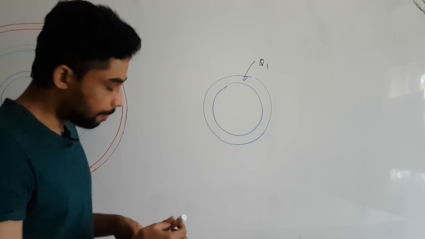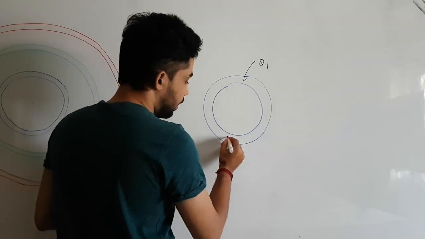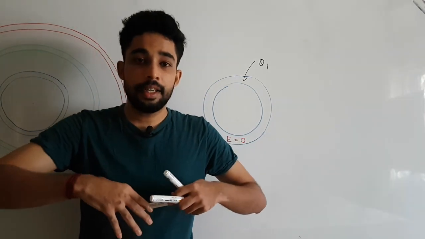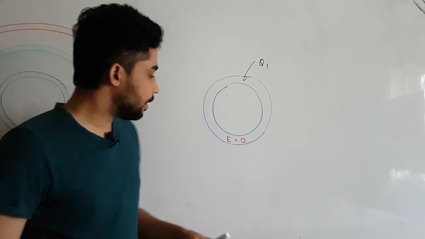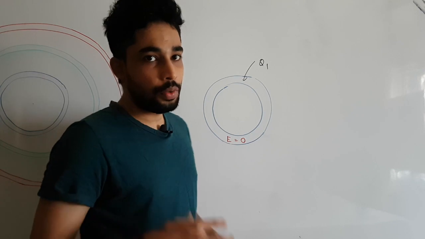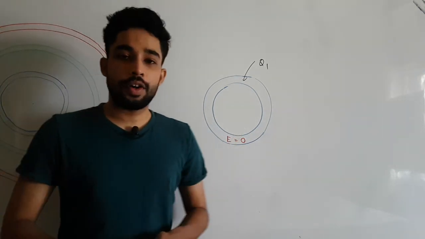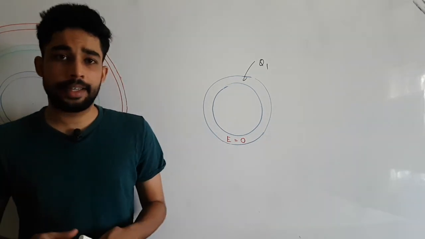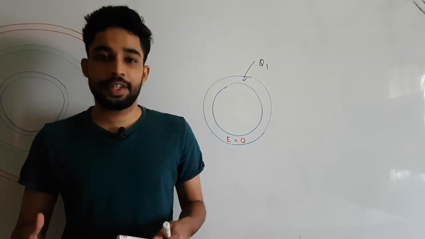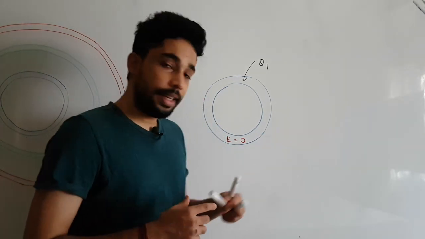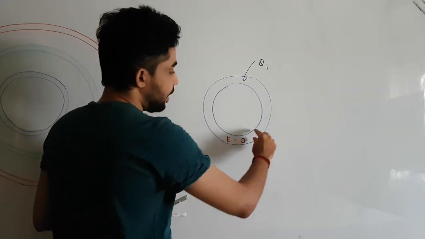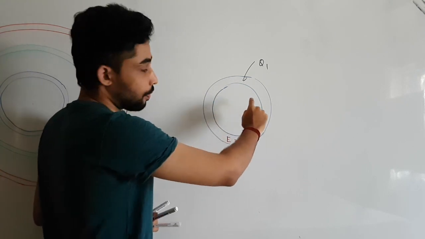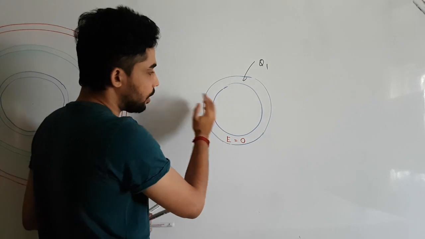As I've said, the property of a conductor is that inside the conductor the electric field has to be zero, which means whichever charges are there inside the conductor, they'll come onto the outer surface so that there won't be any electric field inside the conductor. If you want a more detailed understanding of this, I've already made a video where I talk about the electric field inside a conductor and also the field pattern which emerges. I'll put the link in the description. And yeah, let's continue. The electric field inside a conducting shell has to be zero, which means the charge Q1 given to this conducting shell cannot reside somewhere inside, it has to come onto a surface.